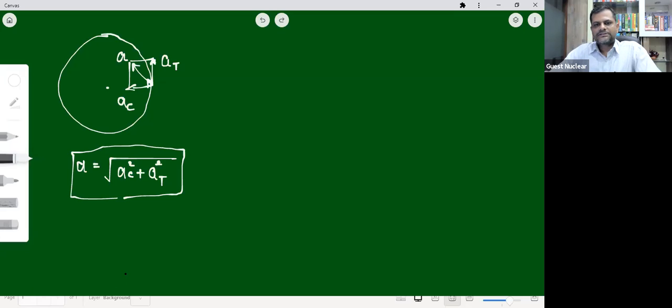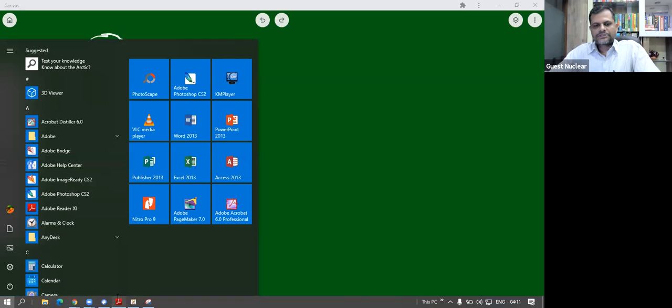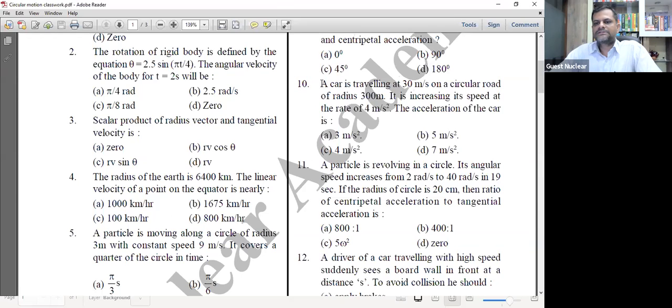अभी अगर इस क्वेश्चन की अगर बात करते हैं तो देखो ठीक से, इस क्वेश्चन के अंदर हमको बताया जा रहा है कि द कार इज ट्रेवलिंग at 30 meter per second on the circular road and its radius is 300 meter, correct है, and it is increasing its speed at the rate of 4 meter per second. What does this mean? This is itself the acceleration, but that is the tangential acceleration actually. Okay, so this is the tangential acceleration given here, 4 meter per second square, and the centripetal acceleration can be obtained from this 30 and 300 because its speed is 30 meter per second and radius is 300 meter. So we can easily get the acceleration